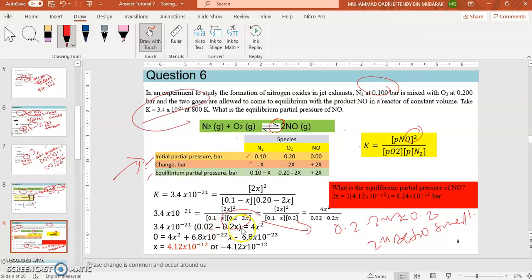When we simplify it, we will get x equal to 4.12 times 10 to the negative 12 or negative 4.12 times 10 to the negative 12. I ignore the negative number, because the partial pressure must be a positive value. The question asks, what is the equilibrium partial pressure of NO? We know that NO is 2x. So we replace x with 4.12 times 10 to the negative 12, and then we get 8.24 times 10